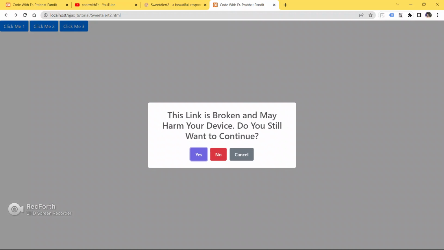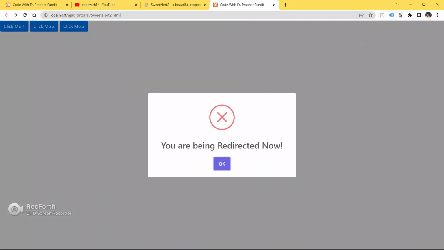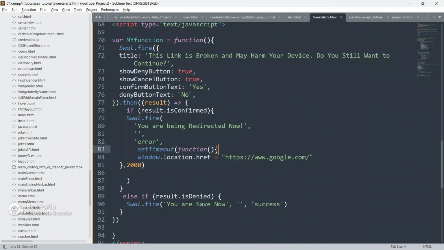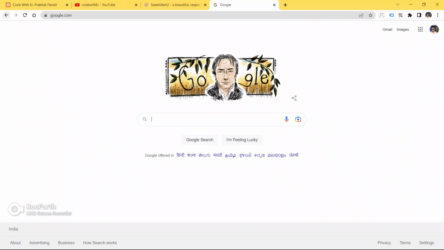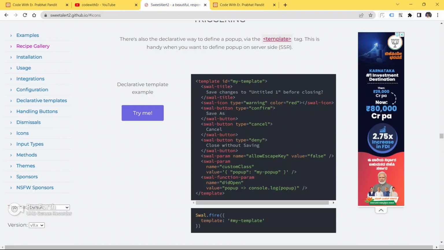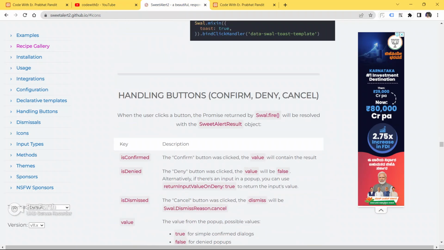So you can show this kind of alert to the user when he is going to click on a broken link. If he doesn't want to continue, he can press no or cancel. If he wants to continue, he can press yes, and he will be redirected to the URL which I have given here, window.location.href google.com. So let's go back to the code.